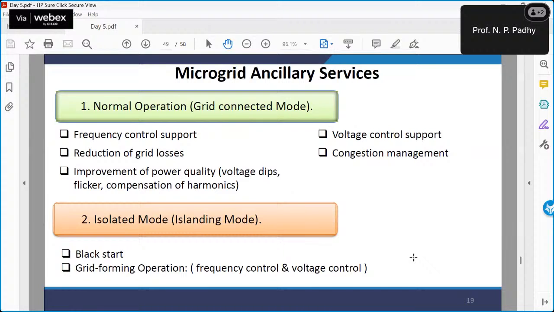We talk about grid connected mode, that is the normal operation. They can certainly support your frequency. They can support your grid loss. They can support your voltages. They can support your congestion, and improvement of power quality is also possible. However, in case of islanding mode, it can help you to go for black start and also grid forming operation, that is frequency control and voltage control is possible. So microgrid is an asset, not only giving